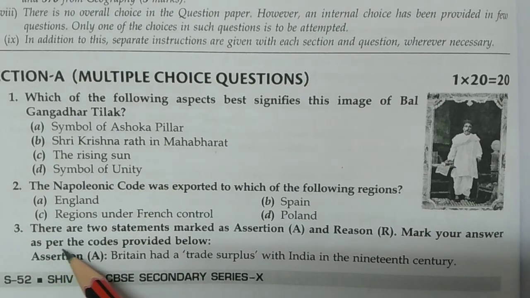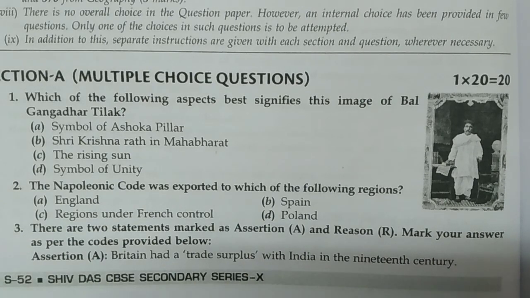Now question number 3, there are 2 statements marked as Assertion A and Reason R. Mark your answer as per the codes provided below. Assertion A: Britain had a trade surplus with India in the 19th century. Okay, the next reason is given on the next page,